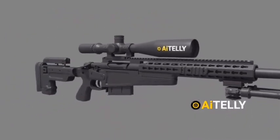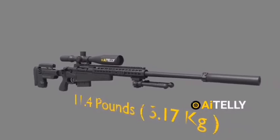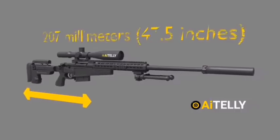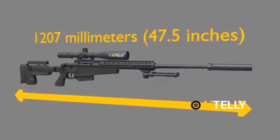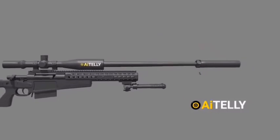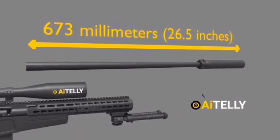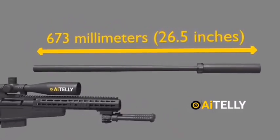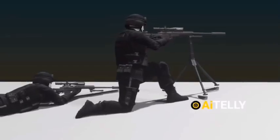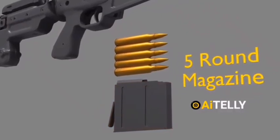The AiTelly weighs around 11.4 pounds, which translates to around 5.17 kilograms, making it relatively manageable for its size. Its overall length spans 1207 millimeters, roughly 47.5 inches, providing substantial reach. The barrel, a critical component for accuracy and range, measures 673 millimeters, around 26.5 inches in length. This design ensures precision and stability. Additionally, the rifle is equipped with a feed system that utilizes a 5-round magazine, allowing for multiple uses before needing